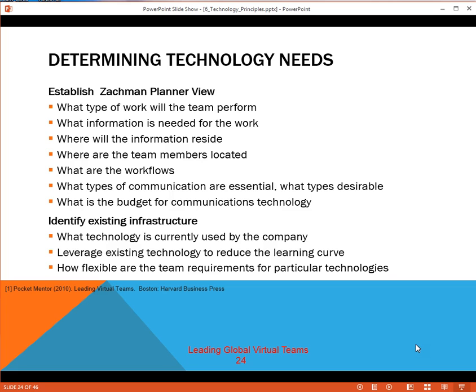team accomplish its goals. So first, to establish the Zachman Planner view, decide what type of work the team will perform, what information is needed for that work, where the information will reside, where the team members are located, what are the workflows, what types of communication are essential and what types are desirable, what is the budget for communications technology. And again, there's a set of other levels in the Zachman framework, but the planner view is the starting